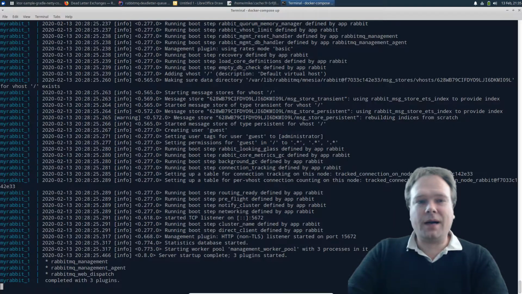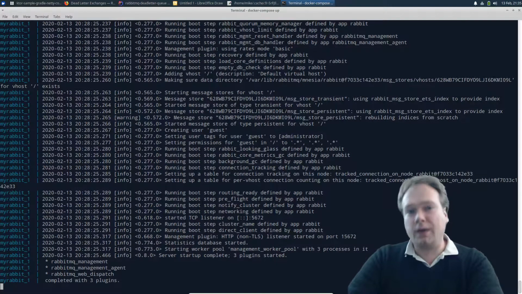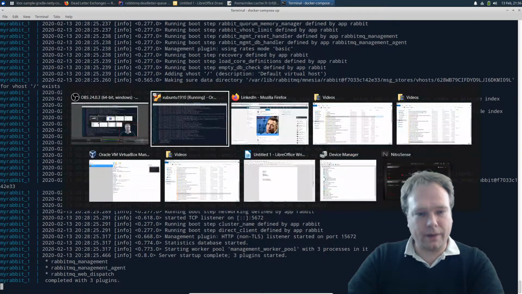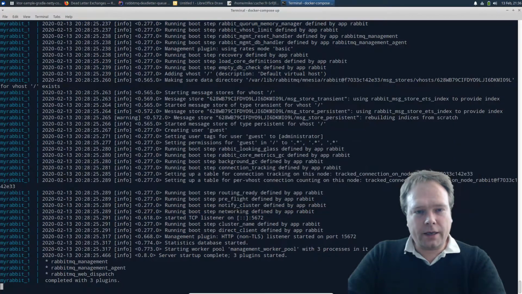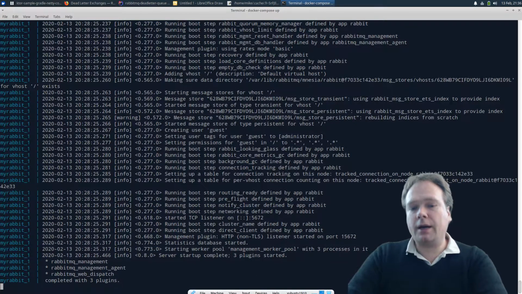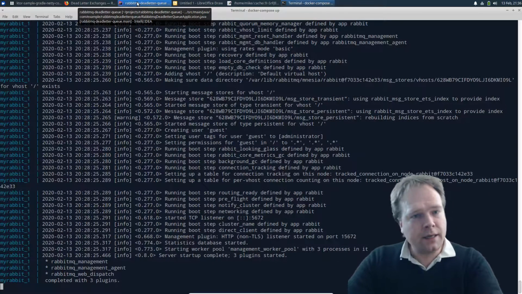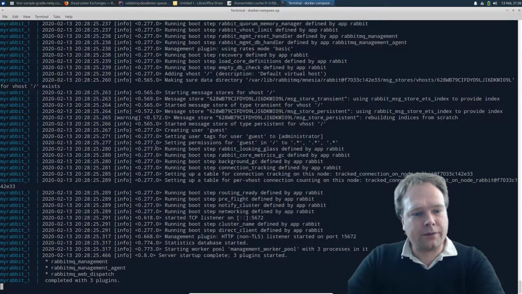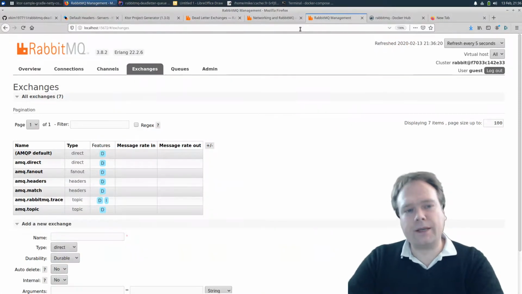Yesterday I showed you how to create Deadletter queues and Deadletter exchanges through the UI in RabbitMQ, and I also showed you how to create the Docker Compose file so you can easily set up your own RabbitMQ running. Tonight I'm going to show you how to do exactly the same, just with Java instead. So that means that I have torn down the RabbitMQ from yesterday and pulled it up again with Docker Compose